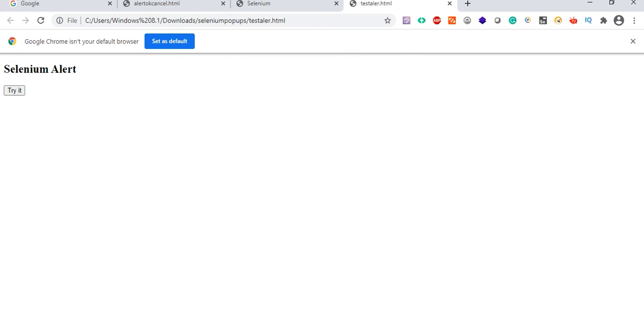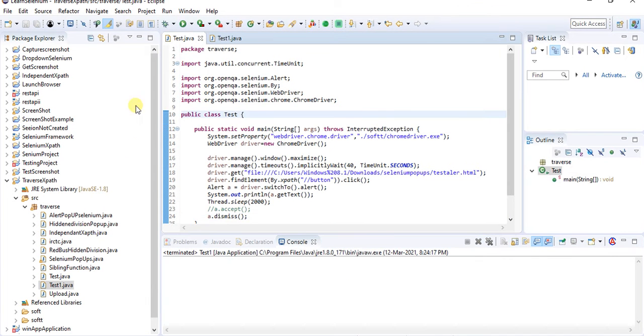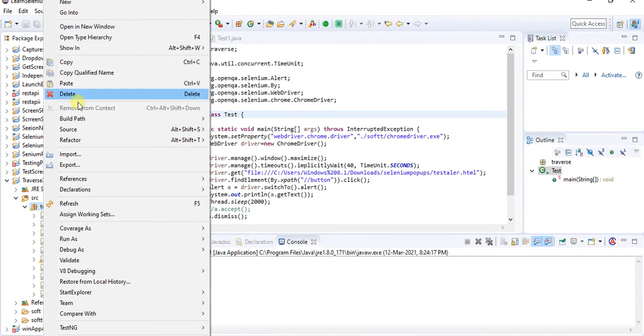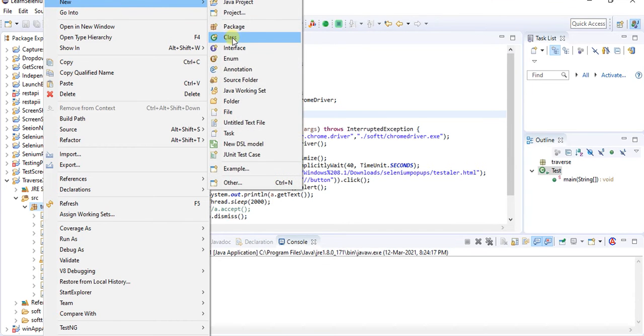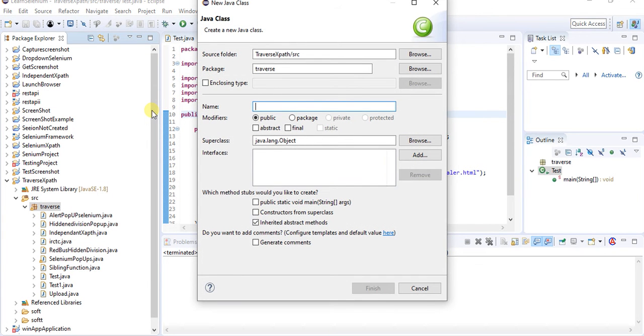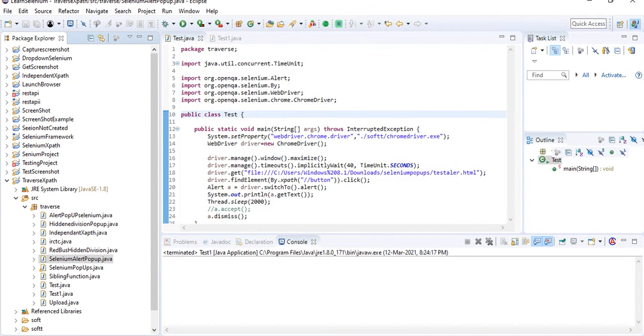Let me go to Eclipse. I have already created the project. Let me create a class called SeleniumAlert. I am taking public static void main and clicking on finish.